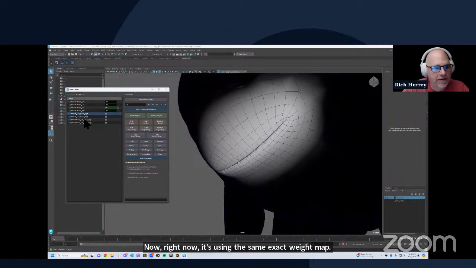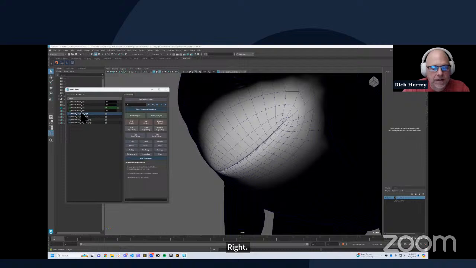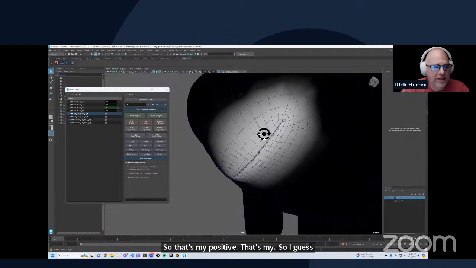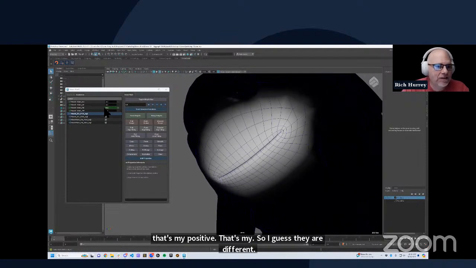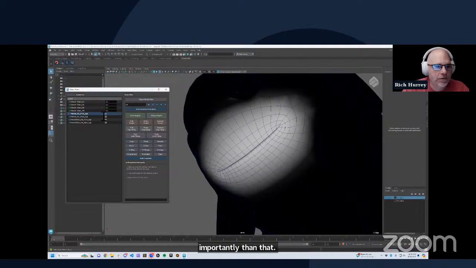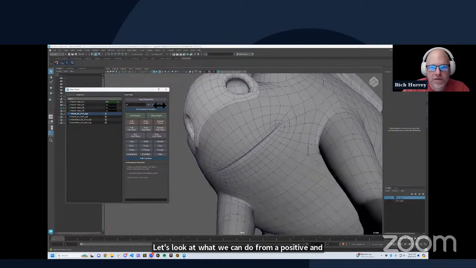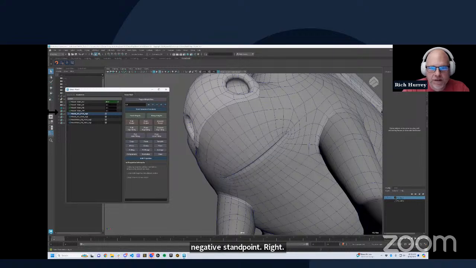So that's my positive. I guess they are different, but let's make them really different. More importantly, let's look at what we can do from a positive and negative standpoint. Right now, if I move this positive versus I move this negative,